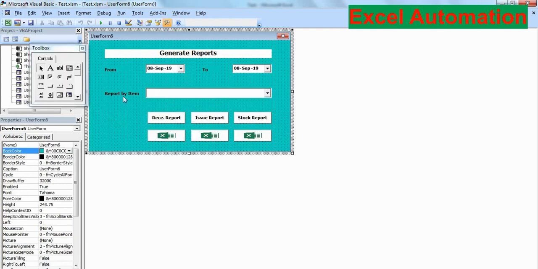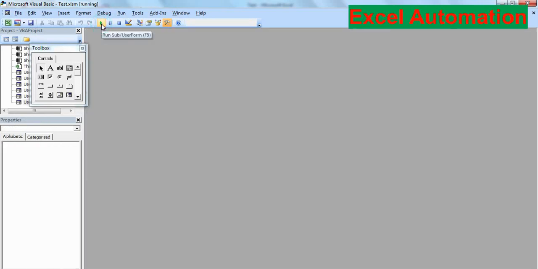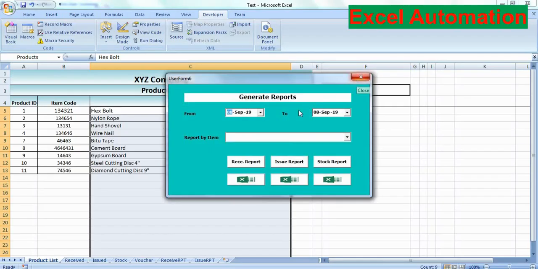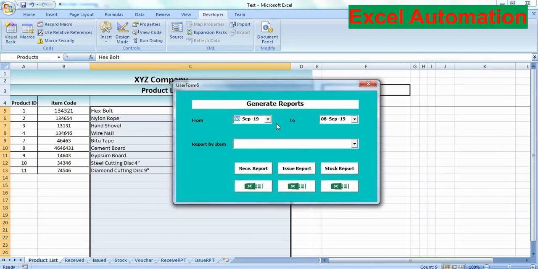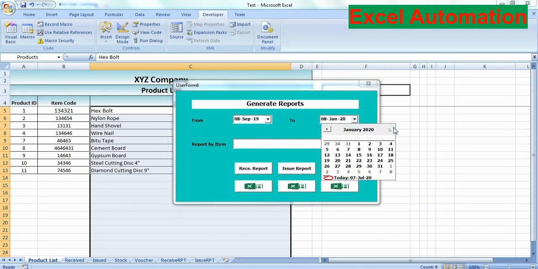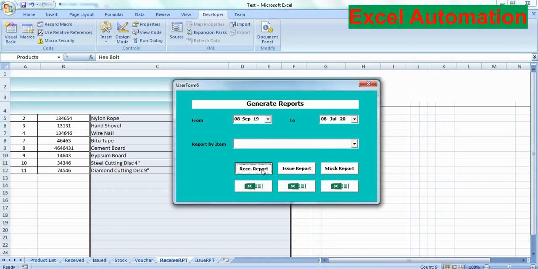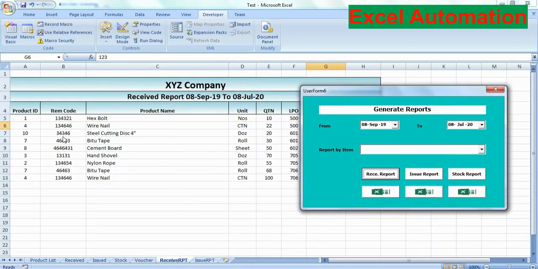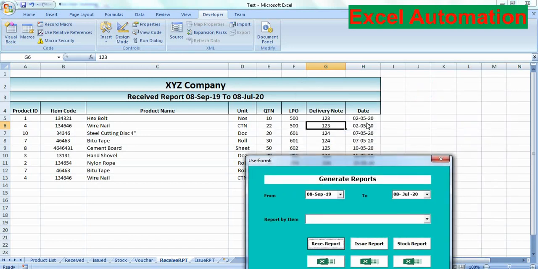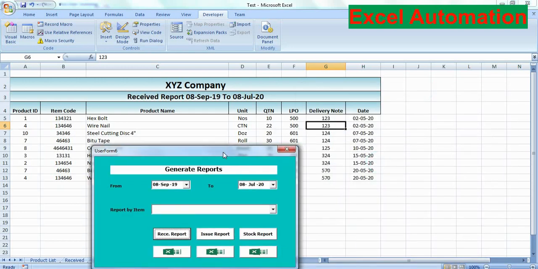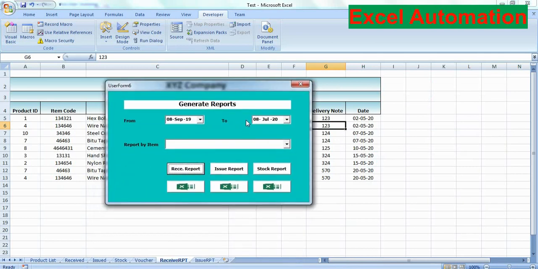So now let us check, is it working fine? I have selected the date range from 8 September 2019 to July. In this case I am selecting all the products in full dates, meaning all the dates are mentioned here. You can see all the records, because this received record starts from 2nd May and goes to 20th May. So all the records are displayed in our receive sheet.